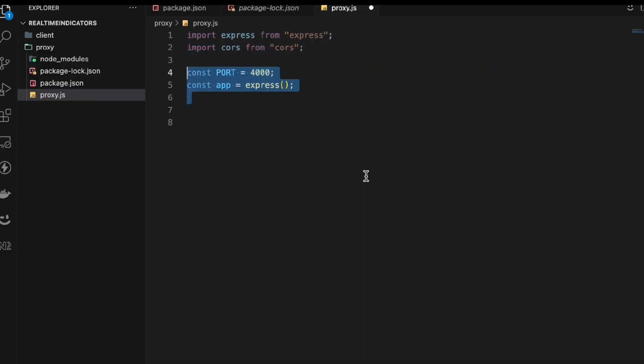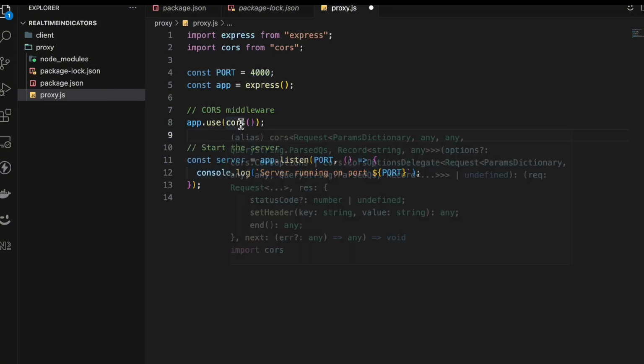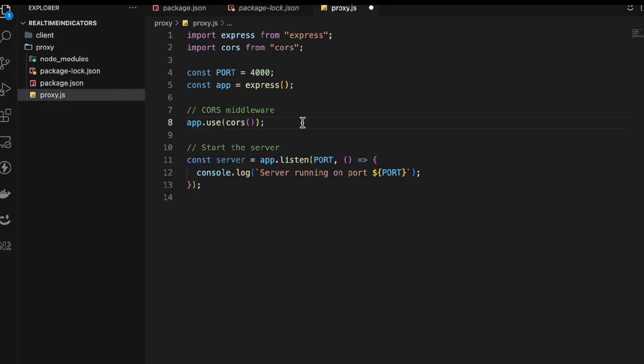First, I'm going to create a simple Express server on port 4000. And I'm also going to use the CORS middleware to avoid CORS issues in the browser. Then I'm going to create a file called